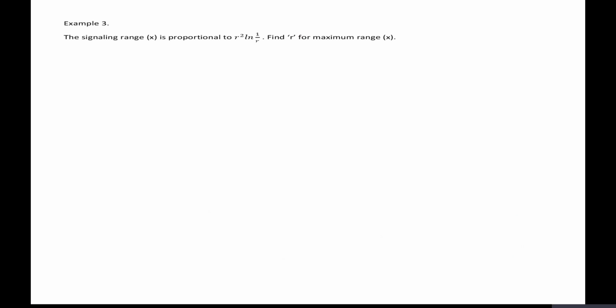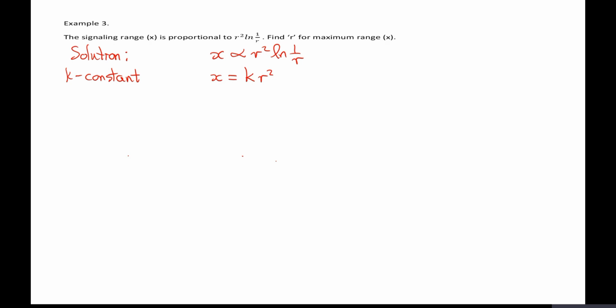Example 3. The range x is proportional to r squared ln 1 over r. Find r for maximum range. Let's just go immediately to the solution. x is proportional to r squared ln 1 over r. Do you recall from physics what you have to do? If anything is proportional, then you can make that an equation by introducing a constant. I'm going to introduce k, so k is my constant. r squared,